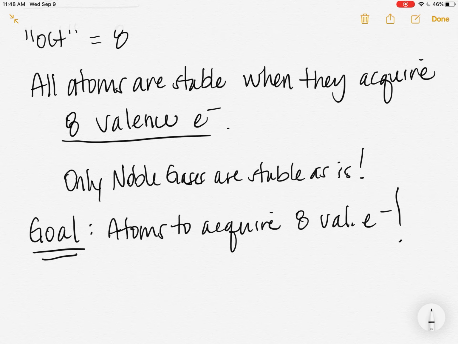That is a huge topic. It's our next topic of discussion, but how they acquire them is they either gain or lose valence electrons. So it seems relatively easy enough to state that that's how they acquire them, but what really happens when atoms gain or lose electrons to come up with 8 valence